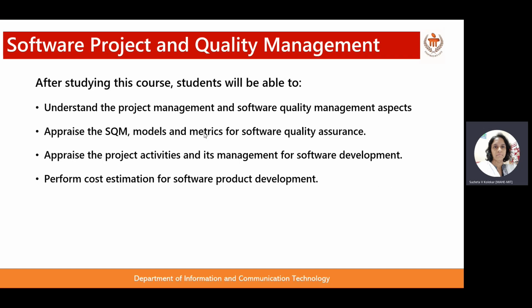There is one more subject called software project and quality management. If you go for certification, you can look for the certifications available from Google and Microsoft for software project management. Apart from that, you can incorporate the quality attributes, and you can understand how to assure the quality of the software by incorporating non-functional or quality requirements in the system, by understanding those and by providing how you can implement those. So this subject will make you understand the project management and quality management aspects,